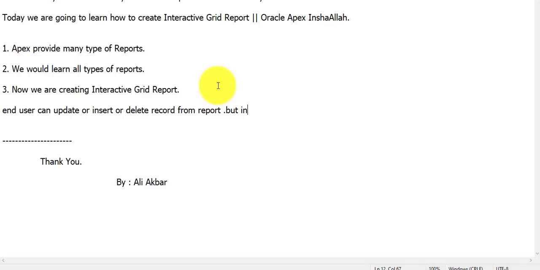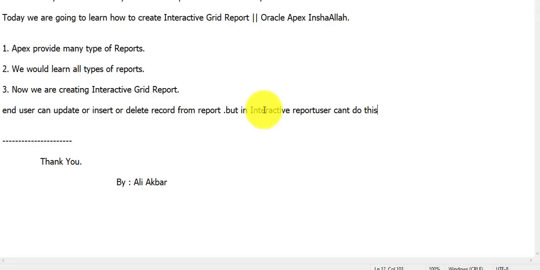But in a simple interactive report, the user can't do this.